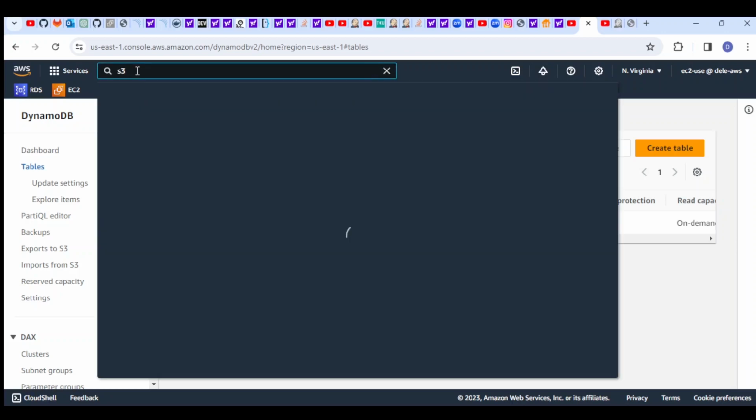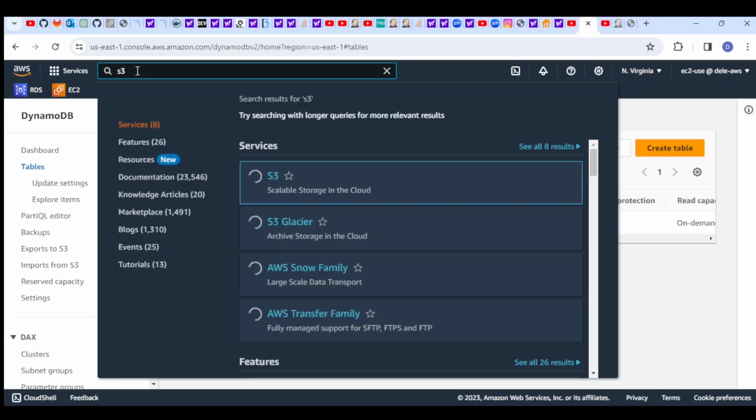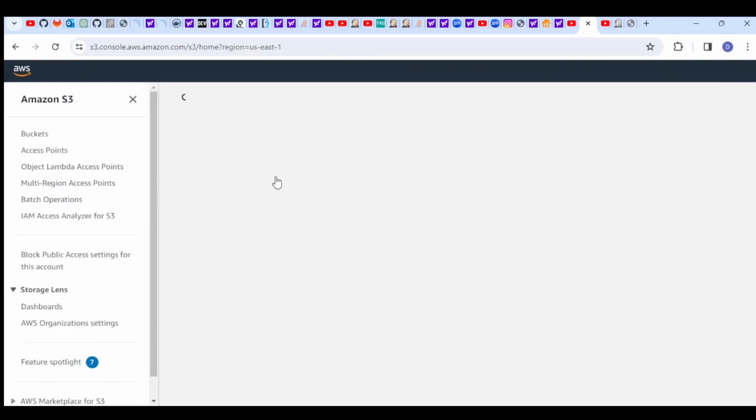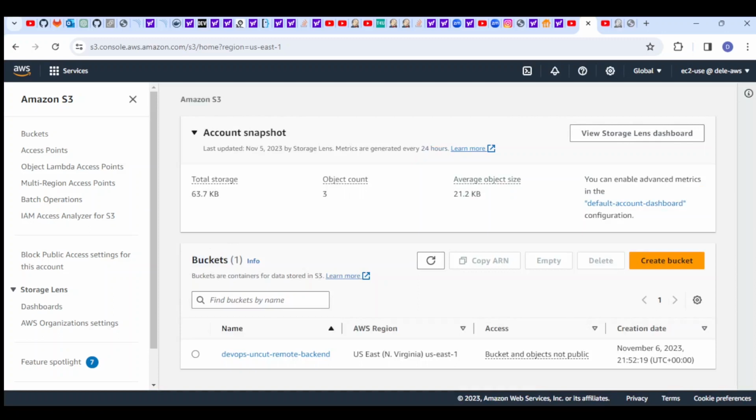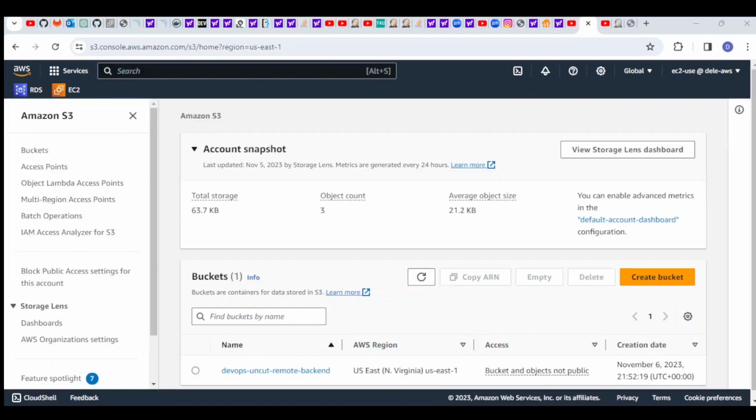Okay, now let's check S3. It was called remote backend. DevOps Uncut remote backend, that's the S3 bucket name. Yes, there it is. DevOps Uncut remote backend. So we have created our bucket and our DynamoDB table. So now we can go back to our